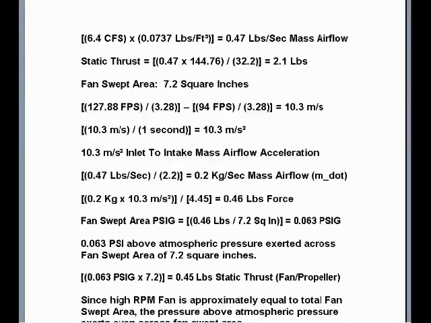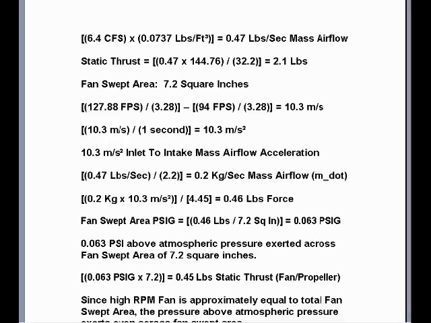And as calculated in the previous 4-part lecture, we were operating at 880 feet above sea level and 62 degree Fahrenheit air temperature, which equals an air density of 0.0737 pounds per cubic foot. And then we have 6.4 cubic feet per second, so multiplied out at 75% power, there will be 0.47 pounds